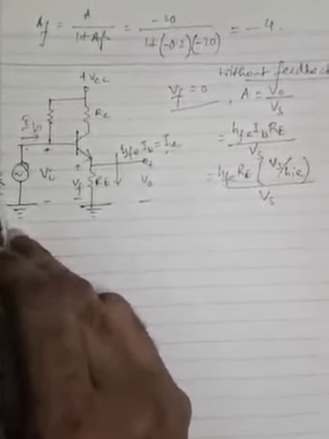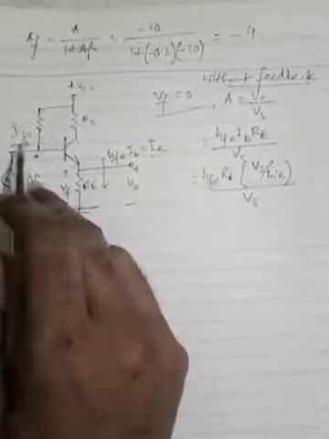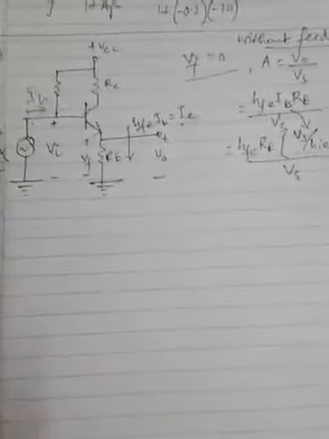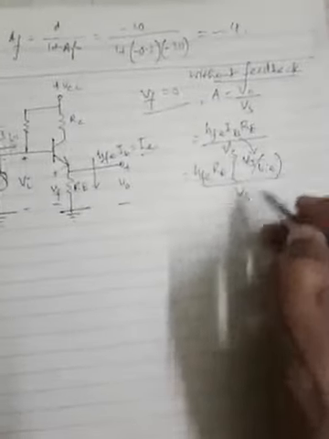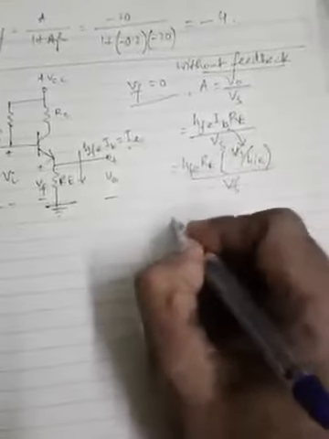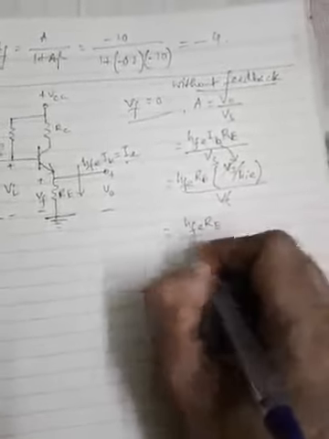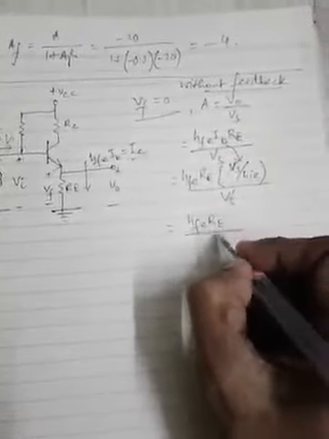So Vs divided by input resistance, that is input current IB. So in place of IB we have substituted Vs by HIE. Okay, now if we cancel Vs from the two sides, we can write it as HFE RE divided by HIE,